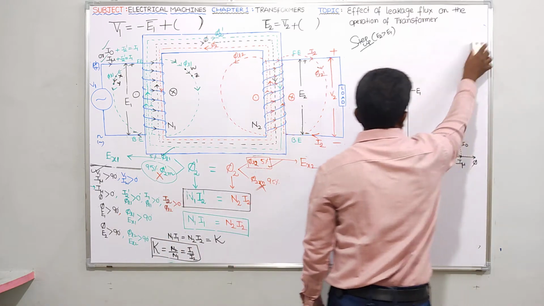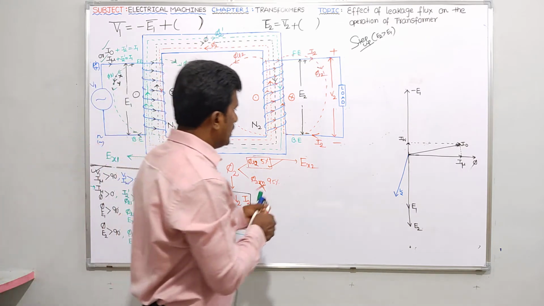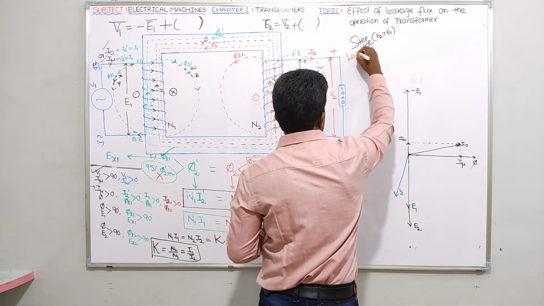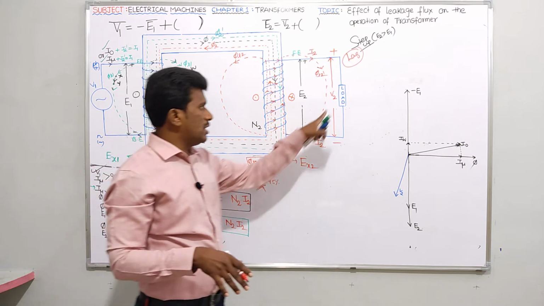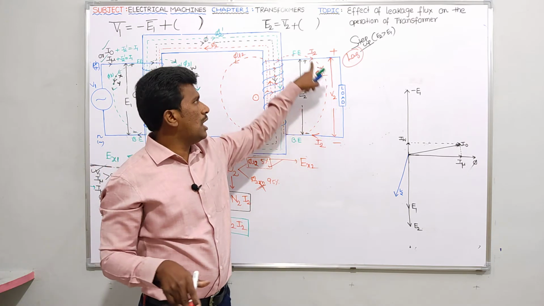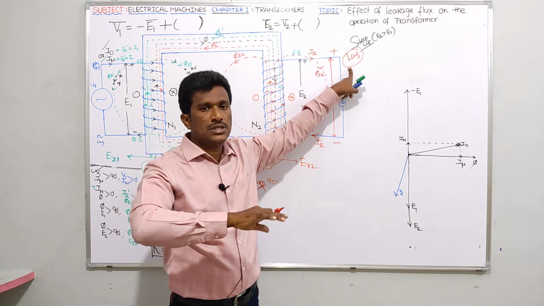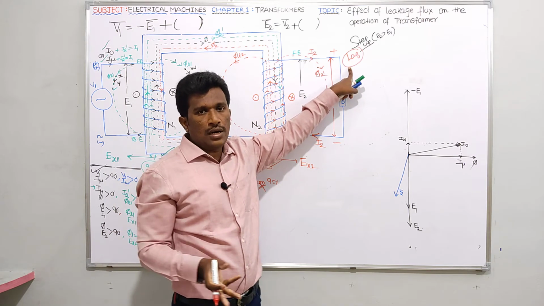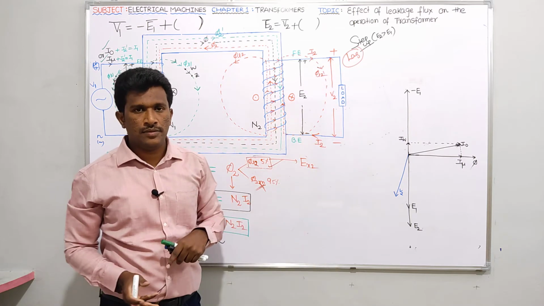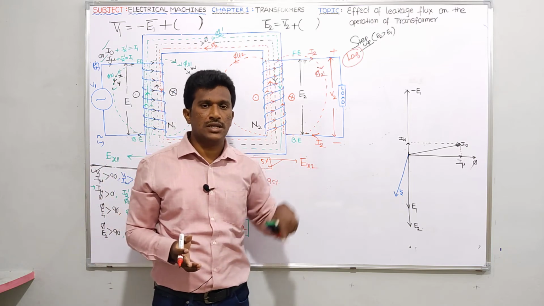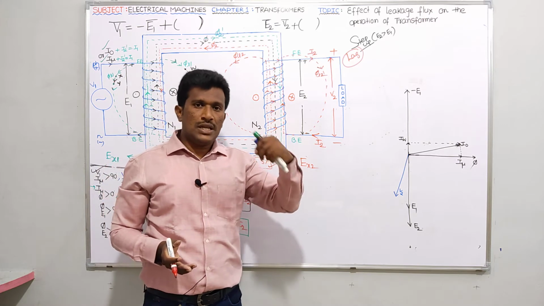Next. Now, let me draw the vector diagram for lag loads. So now we are drawing the vector diagram for lag loads. So load voltage is how much here? V2. Load current I2. I said lag load. So not a perfect lag load. It's a combination of resistor and inductor. RL load. RL load means I2 lags V2 by some angle which is less than 90 degrees. Pure lag load means I2 lags V2 by 90 degrees. Everybody knows that. If I take an RL load, I2 lags V2 by some angle which is less than 90 degrees.